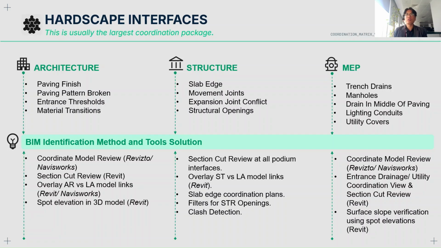Some other tools in Revit modeling software can help quickly identify coordination challenges on levels, like spot elevations in Revit to check the level transition. That is one major issue between the architect and the landscape. For the structure, most of the time we're working with the slab edge, movement joints, expansion joint conflicts,